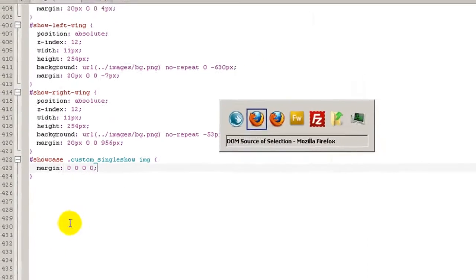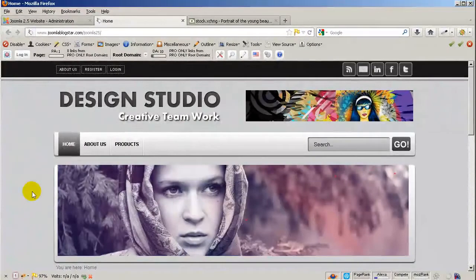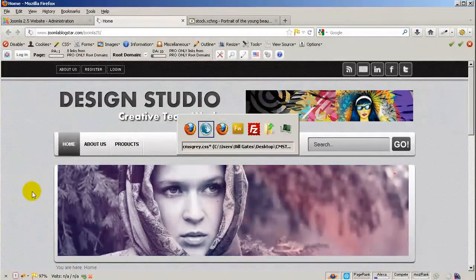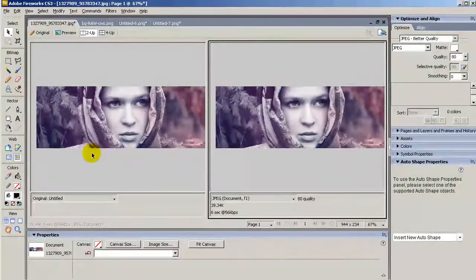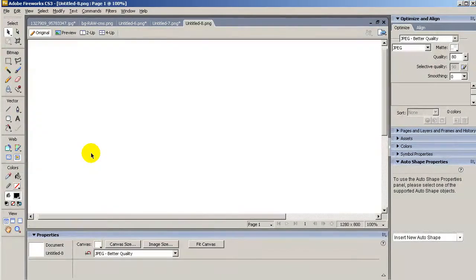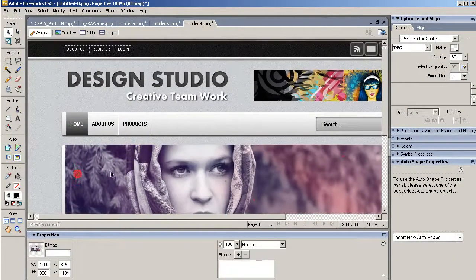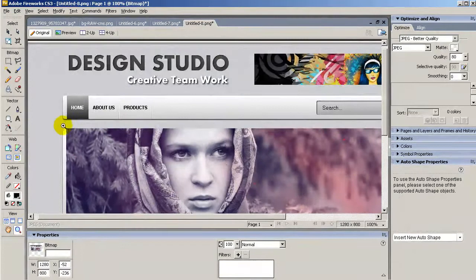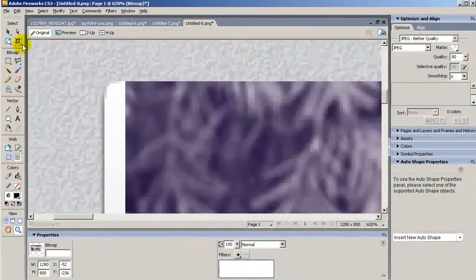Then we are going to go back and click print screen inside our keyboard, going back to Adobe, Ctrl N, click OK and Ctrl V. We are going to analyze the dimensions in here. Let's click on the crop tool, and we are going to have 9 pixels.